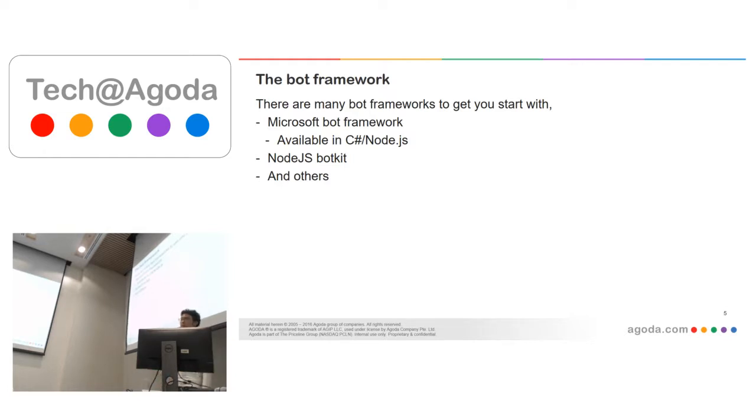You can just start with Microsoft Bot Framework. You can select, okay, I want a Slack message driver, and I want a natural language processing module, so it can process the sentence for you and you just get the intent of the command or the text. Microsoft Bot Framework has a lot of things you can try on their website. Another very easy one is the Node.js Botkit. You can also try that one, and there are others that maybe I don't know about.